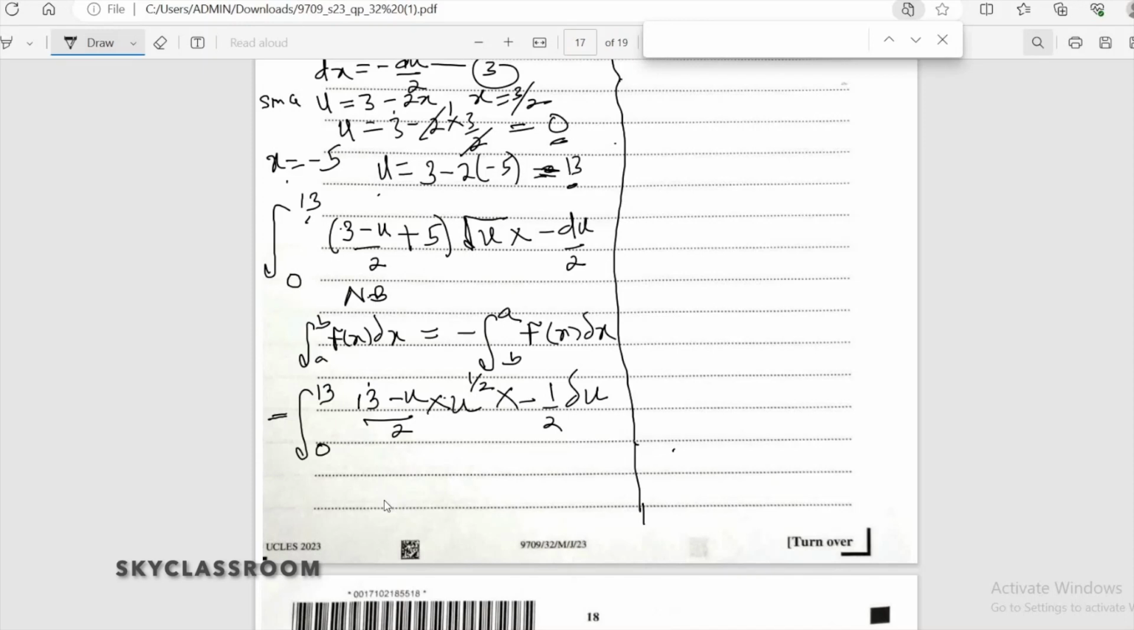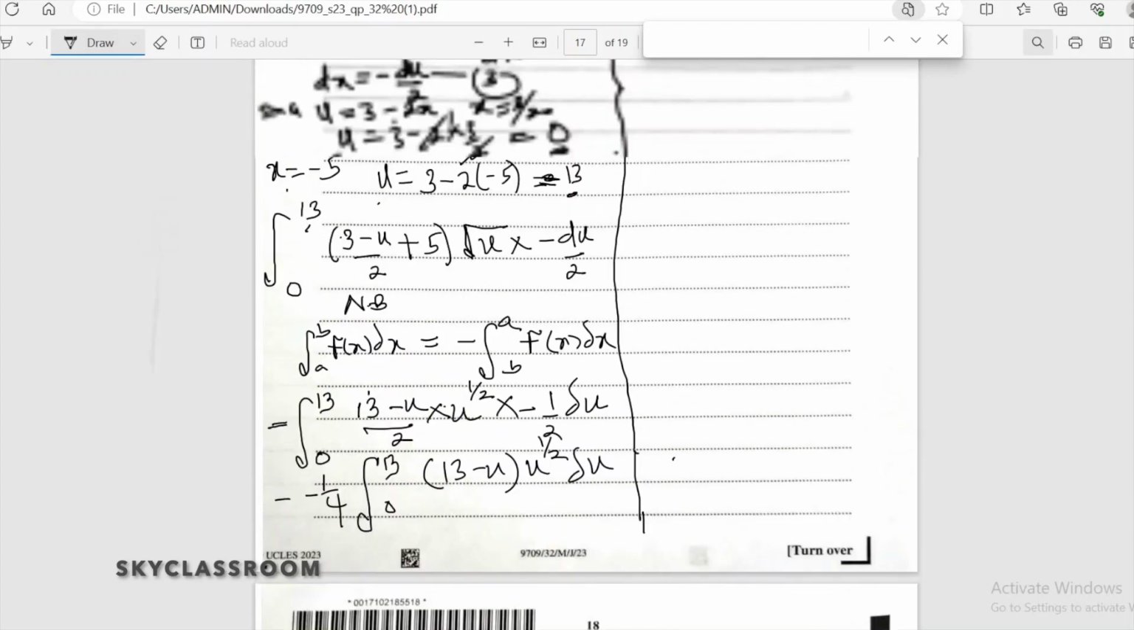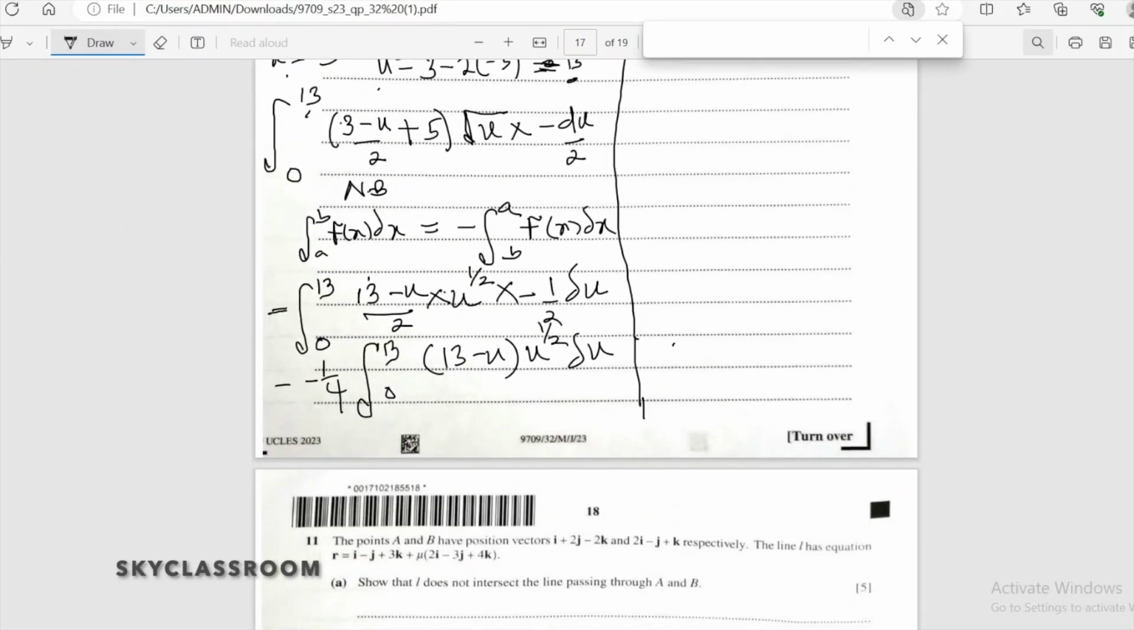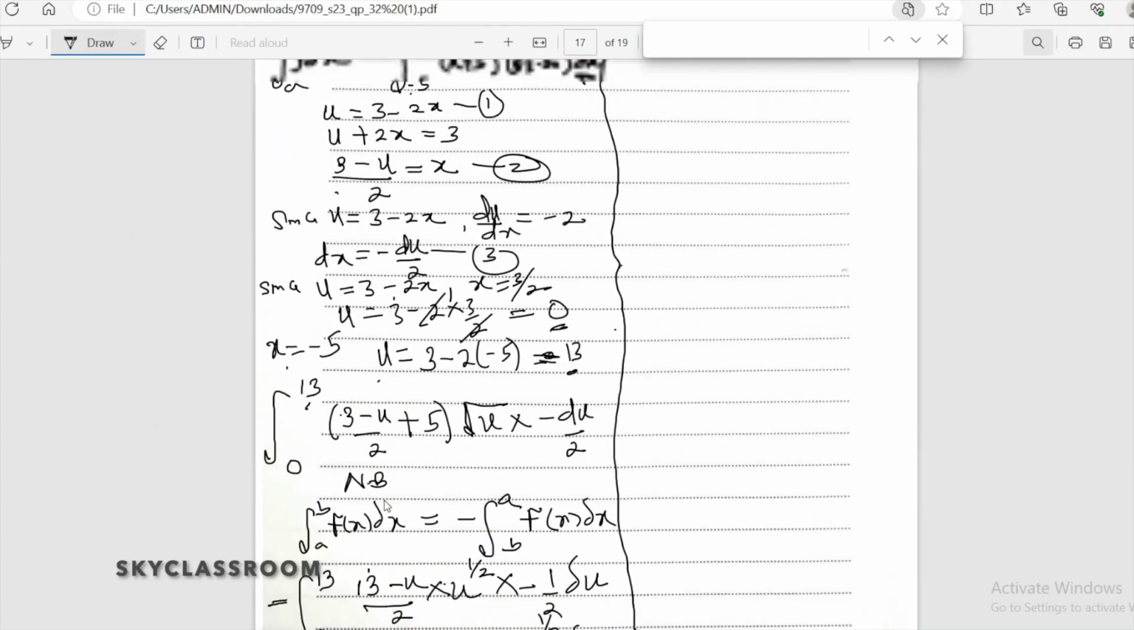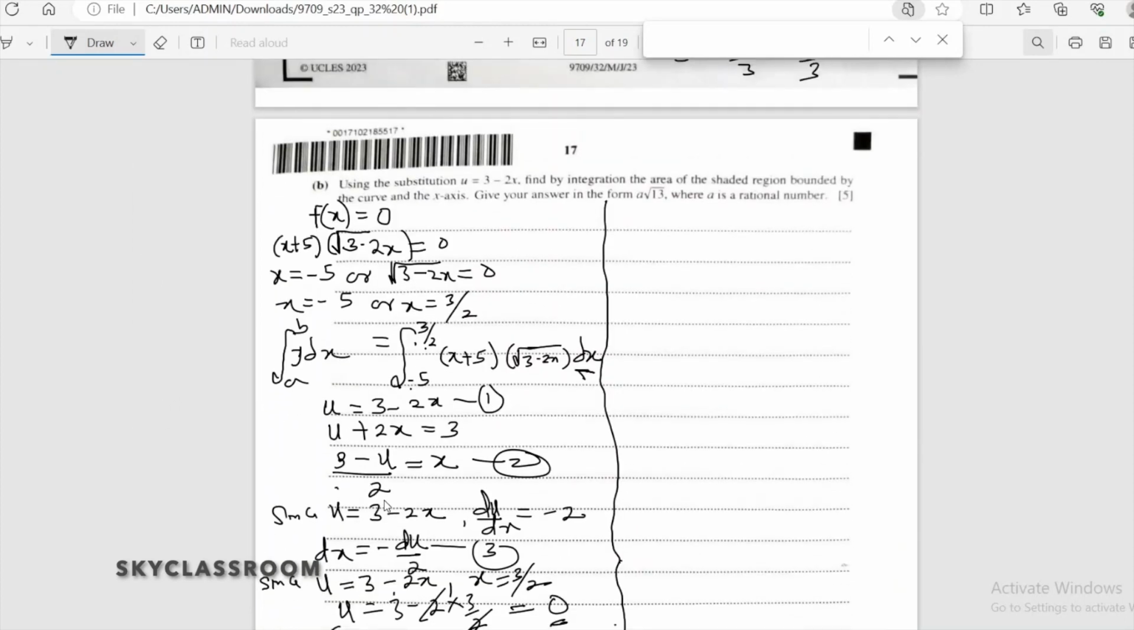which can be written out. This minus half, you can bring it out. 2 times 2 is 4. At the end of the day, we have minus 1 over 4 out. Integral of 13 to 0, 13 minus u multiplied by u raised to the power half du. So from here, minus times minus is plus. Open the bracket. So we have